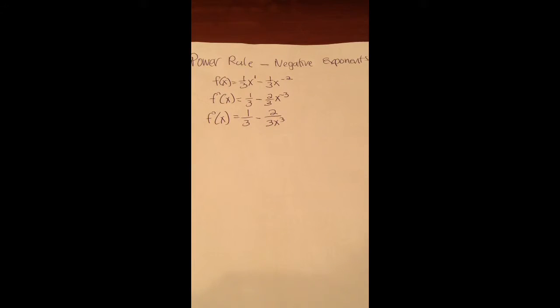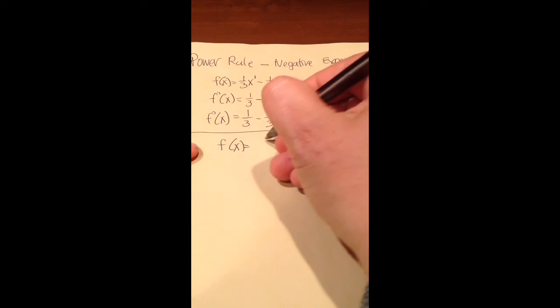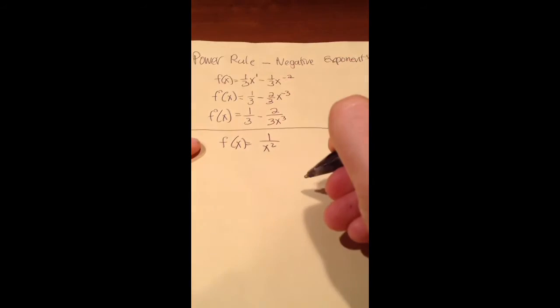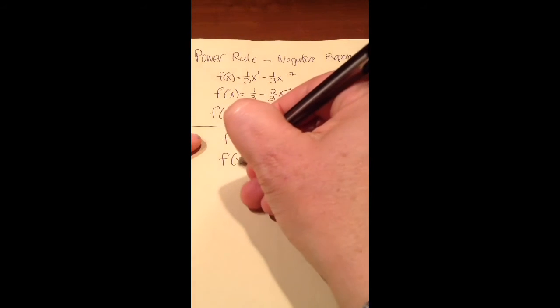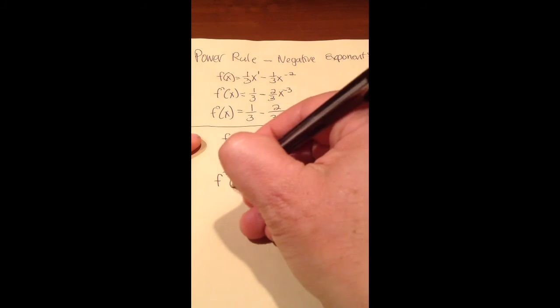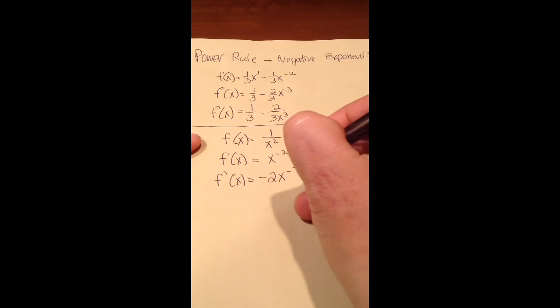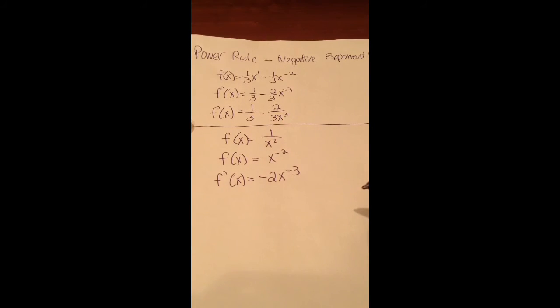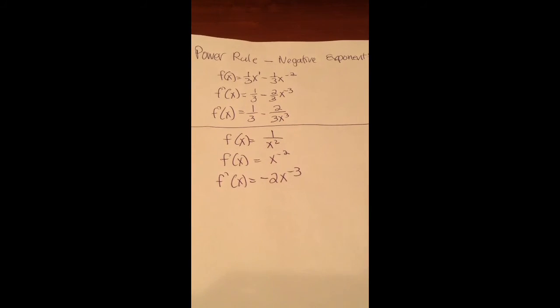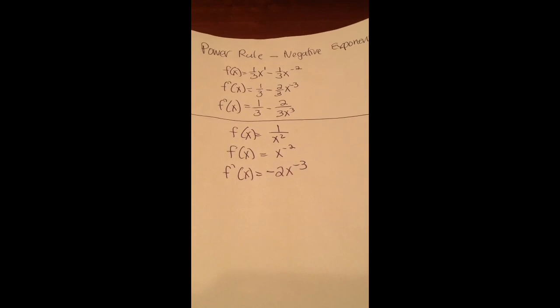Okay. Another example, you might be given a function in this form, 1 over x squared. And you just want to remember, oh, this is just a negative exponent, so this is really x to the negative 2. So then you can say f prime of x equals negative 2x to the negative 3. Okay, so now we're going to get into the final rule, which is going to be this